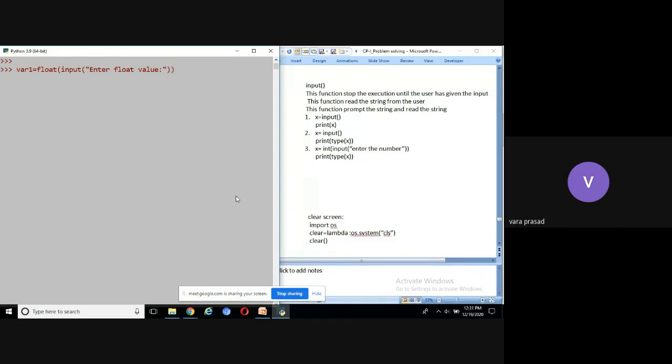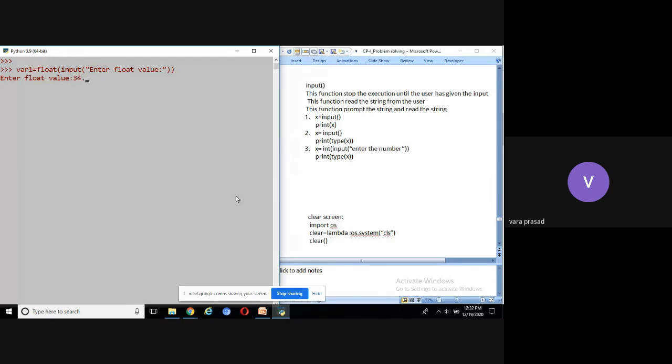Now, will it be executed properly? If I press enter, what does it do? The input function is executed. It will prompt the text, enter float value. It will stop the execution and read the float value from the user. It will take the float value as a string, convert the string to float. That value is stored into variable 1. Now enter the float value 34.5.